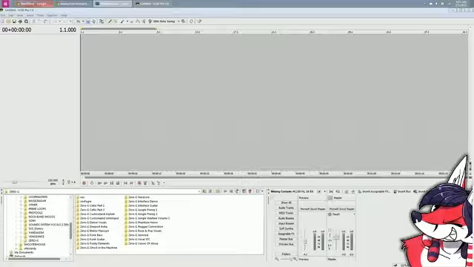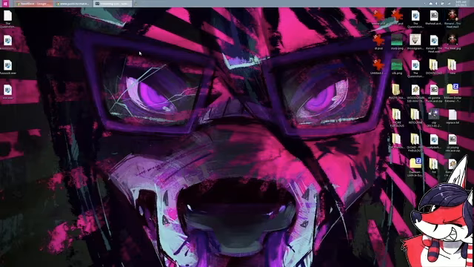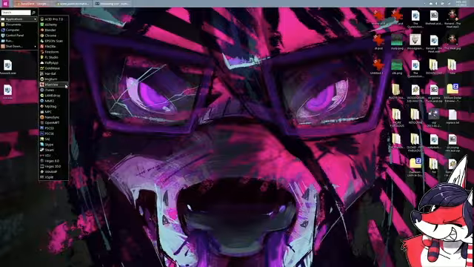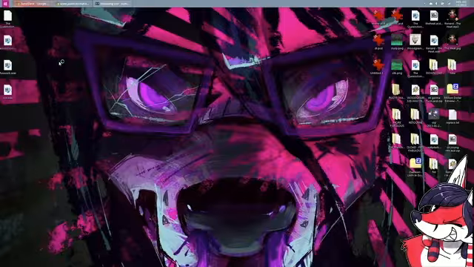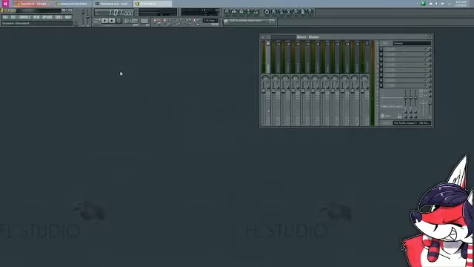Yo, FL Studio is a great starting point. Let me load up my totally legitimate copy of FL Studio. This is a funny start screen. Can you believe? You can't even see it. It doesn't show on that screen. It's a stupid version of the logo with a funny face on it.